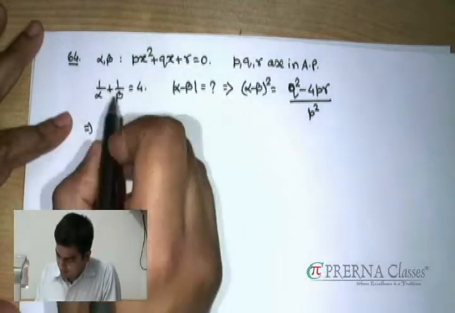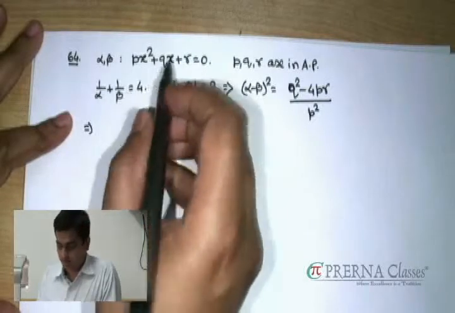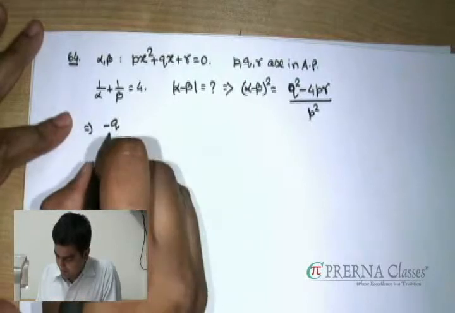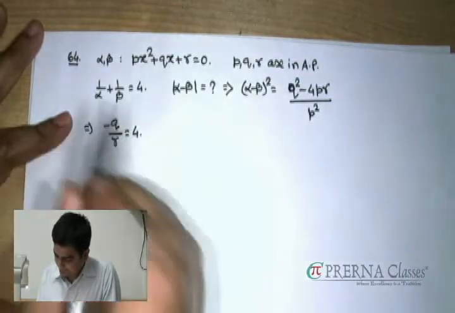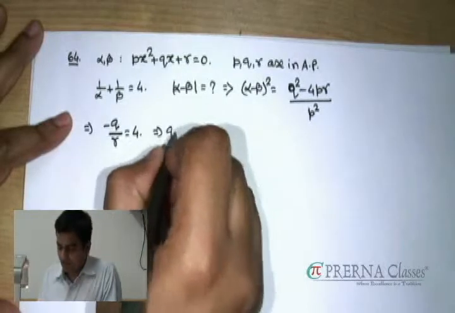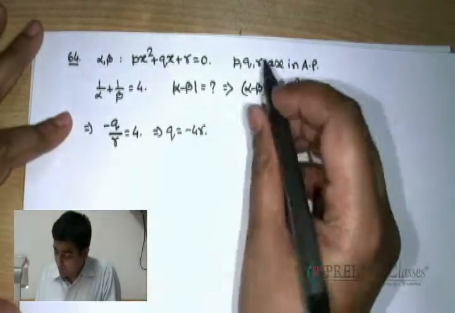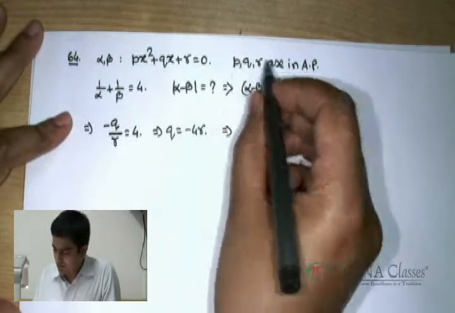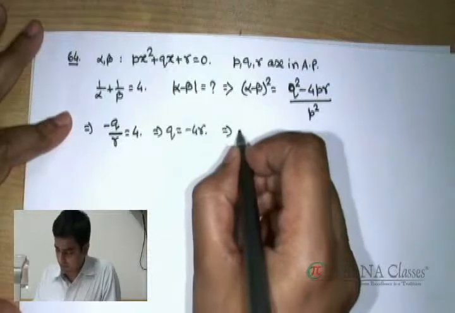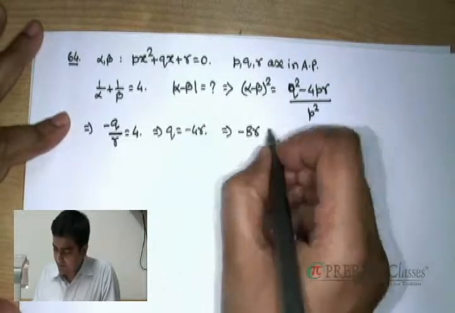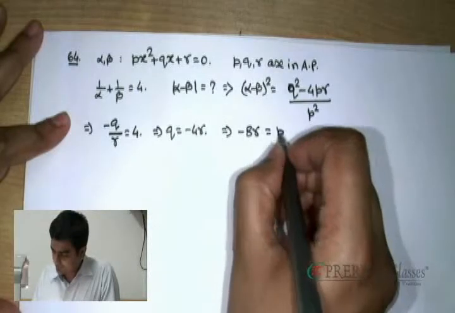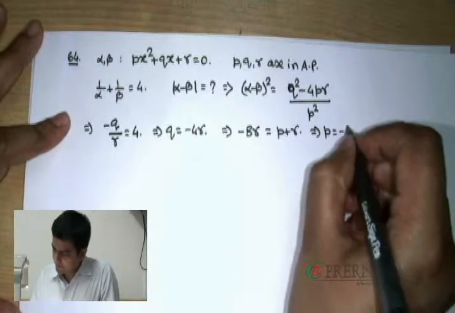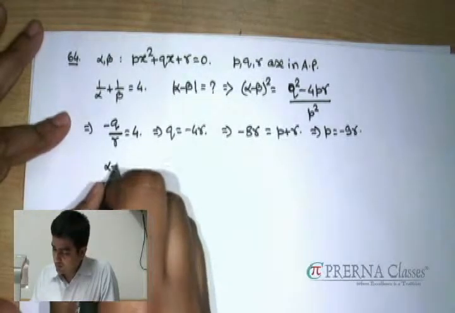And in this case, if I consider this equation where the reciprocal sum of roots is 4, you will end up getting this condition, which implies then q is equal to minus 4r. Further, we have this information that twice of this quantity is the sum of p and r. Clearly then you can check minus 8r is going to be equal to p plus r. Hence that implies p is equal to minus 9r.